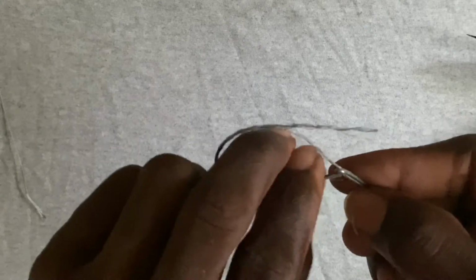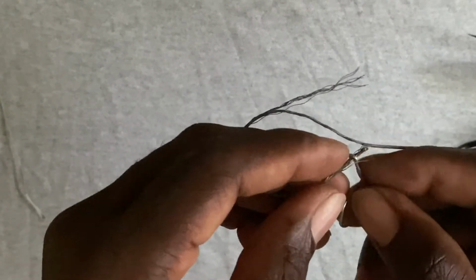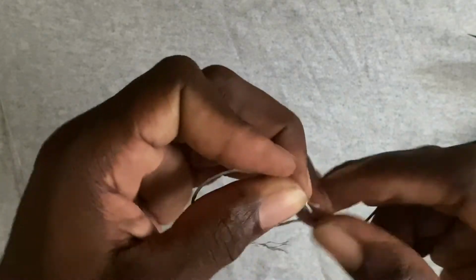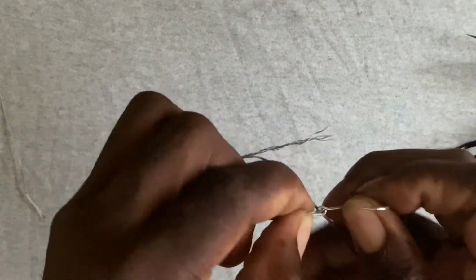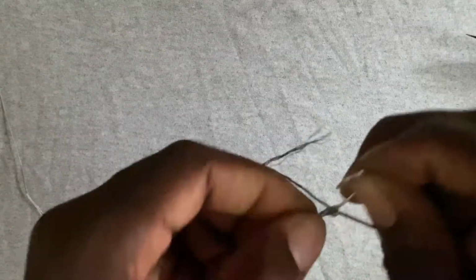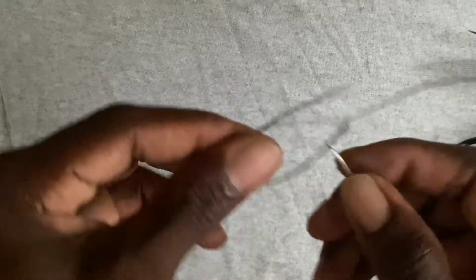What you want to do now is get all of these back through the eye of the hook, right? I've missed a few. You can actually see I missed two, but actually let's just try and get all through. And we are almost finished. But these two are so stubborn that they don't want to go in. Okay, so now that it's through,